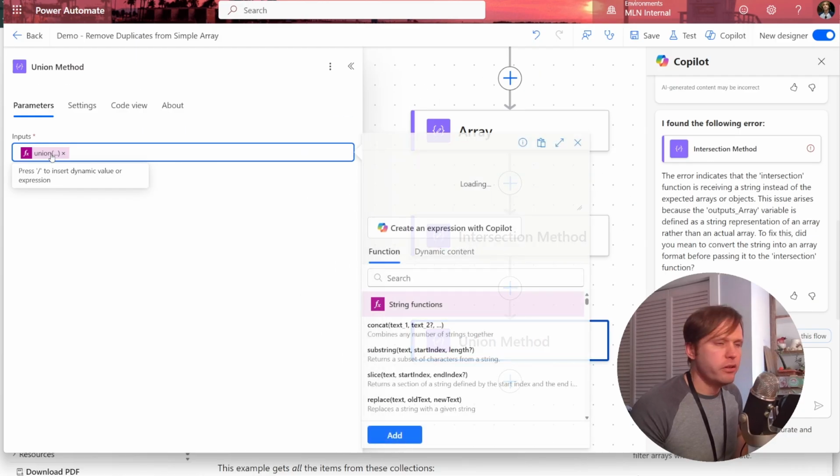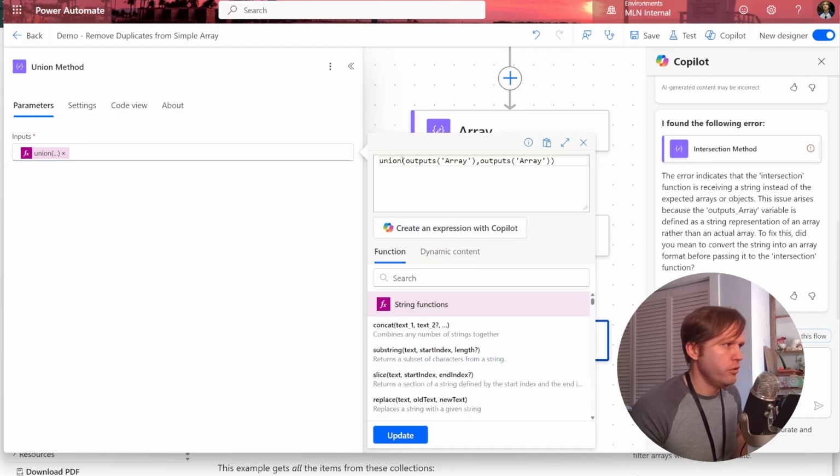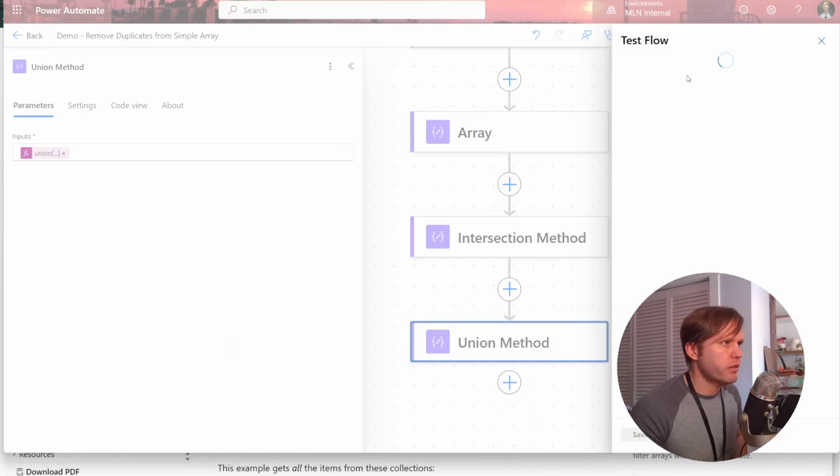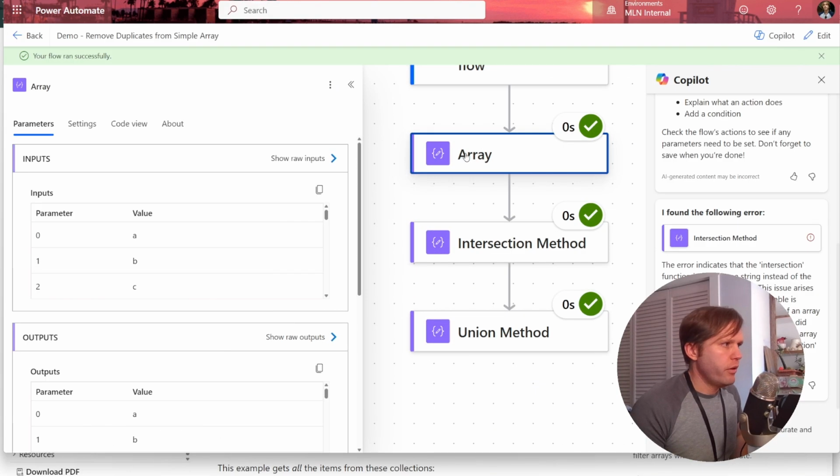And the union is done the exact same way. Union, and then in parentheses, you put in your array twice. We'll go ahead and give this a test. And if we look here first at our array with the duplicates, our original array, we can scroll down and